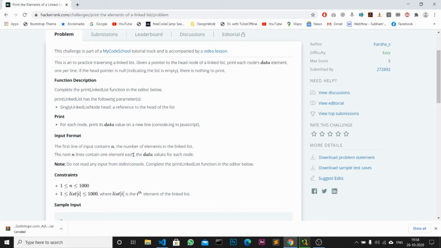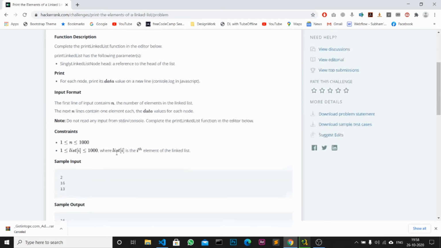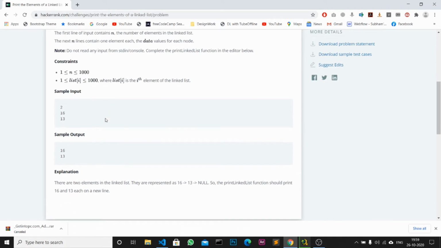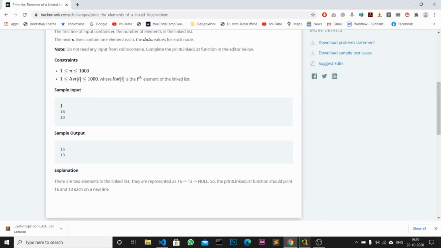So there will be n lines with the data values for each node. The sample input is 2, 16 and 13, and the sample output is 16 and 13.